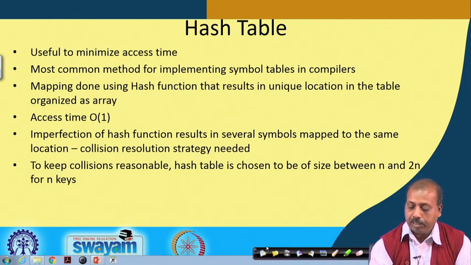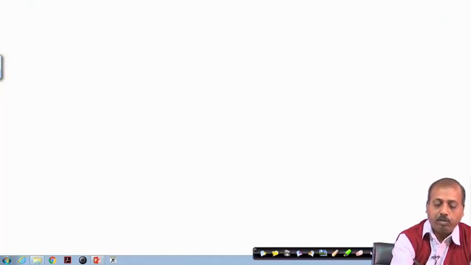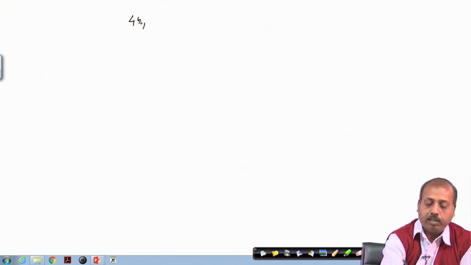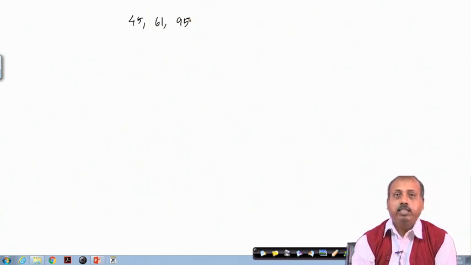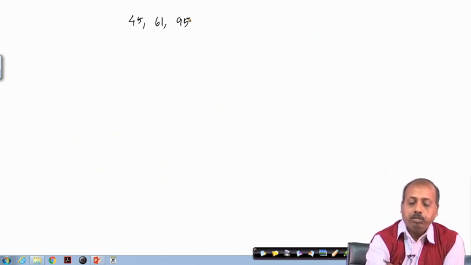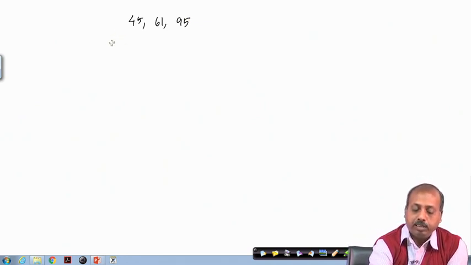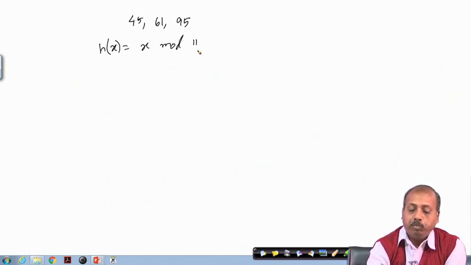A hash table is something like this. Suppose I have some symbols, let us work with some numbers, say 45, 61 and 95. These are the 3 numbers, and we take a function h of x, which is x mod 11. So, 45 mod 11, h of 45 will give me 1.